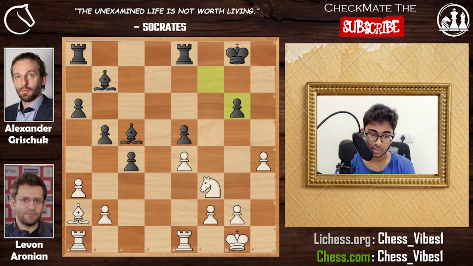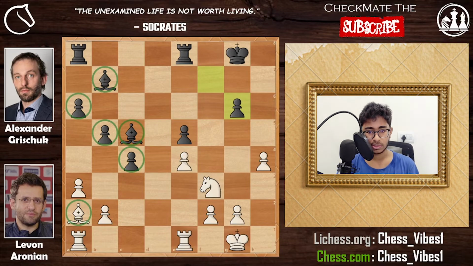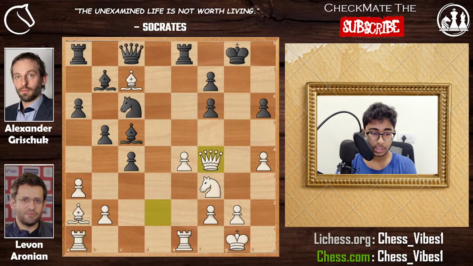And after queen takes, f pawn takes, white is a pawn plus, because white has 6 pawns and black has 5 pawns, but this is an equal position because black has a pair of bishops, and we can clearly see that the white bishop on a2 is very bad, because black has a very nice pawn structure. That's why it's an equal position. But after queen to f4, Grischuk played knight to d4, which was a blunder, because now in this position Levon